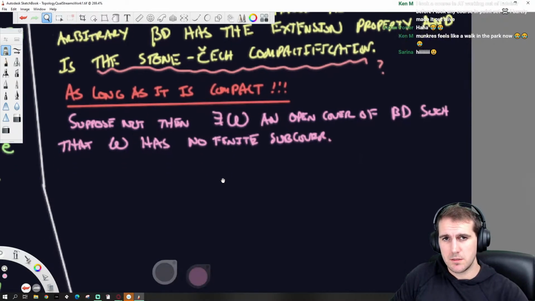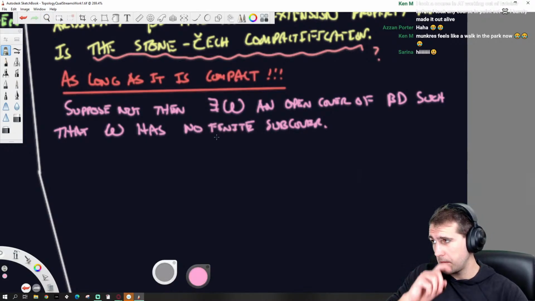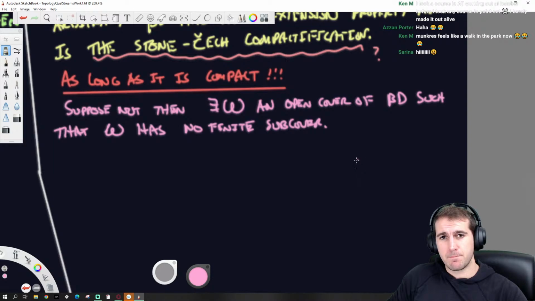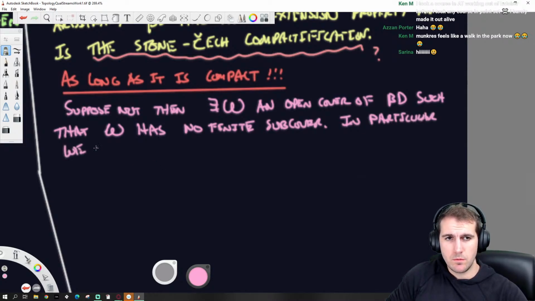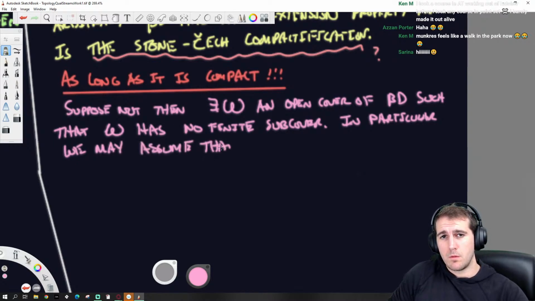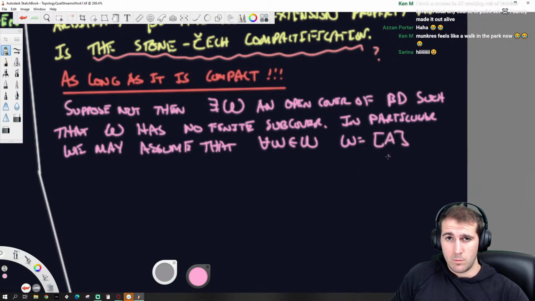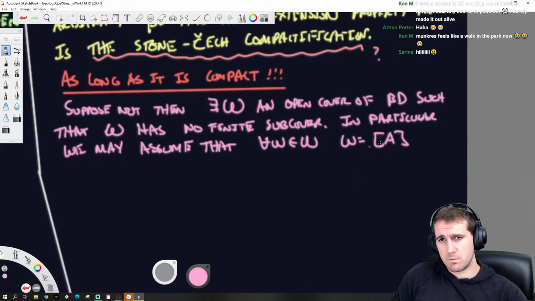In particular, we may assume that for every W within the open cover, W is equal to some basic filter.